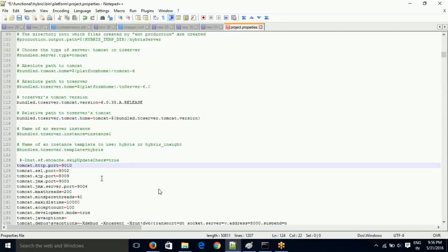But to see this change, I need to rebuild my application. To rebuild, I'll have to type ant clean all. Now ant clean all will take a little time, and after that, again I'll have to restart my server. So first of all, I need to stop my server. I need to make a change physically in the file, save it, and then rebuild and restart. So it would take lots of time. So developers generally prefer things which are easier to manipulate. So what they will try to do here is